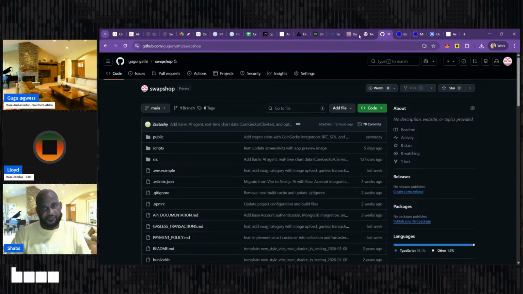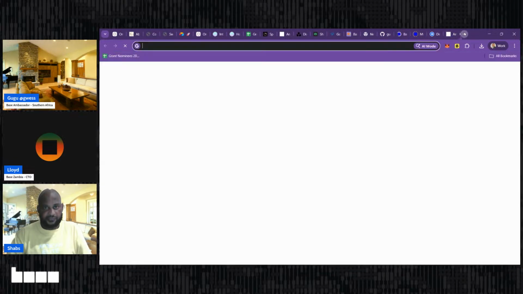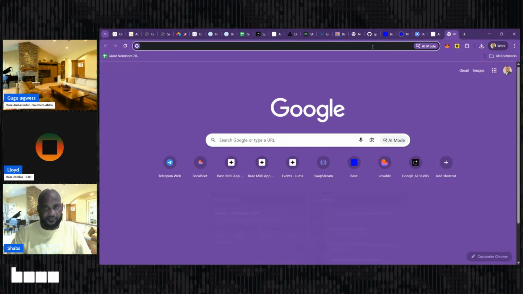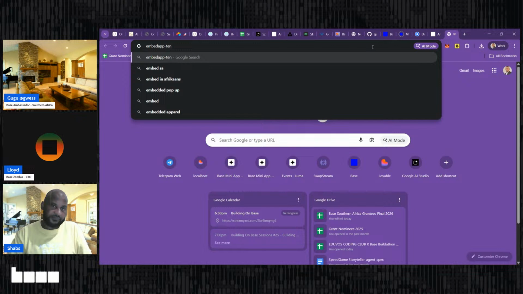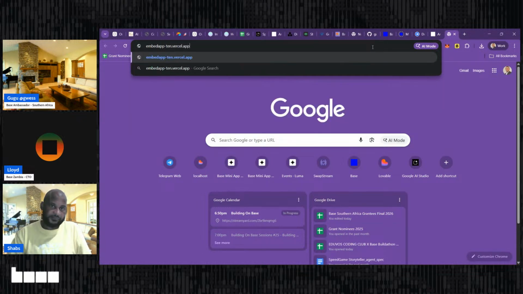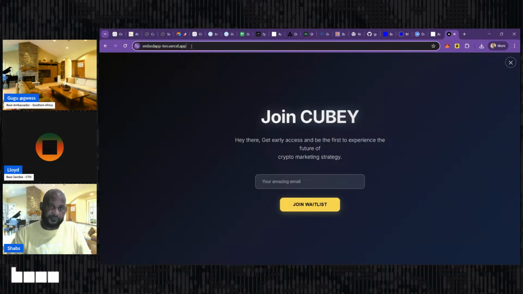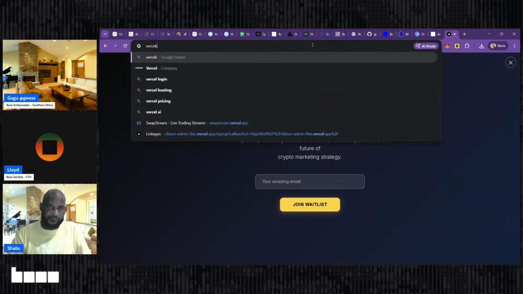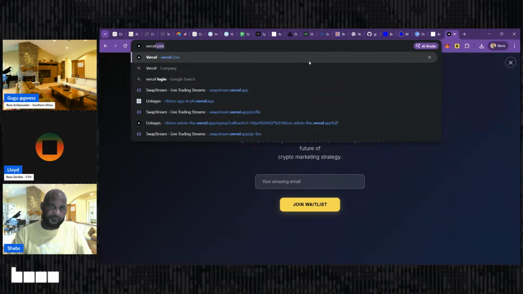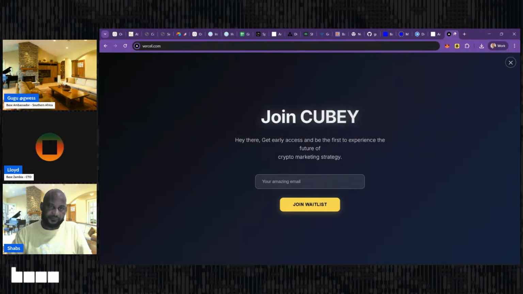Okay, so for the sake of those who are not here, we want to get the URL for the app I deployed. What did we call it? We called it embed app, at vercel.app. This is the template that it gave us. If you don't know where to find it, you'll find it in your Vercel because it should have been deployed there. If you go to your GitHub, you'll also be able to see this link over here. So this is the template, what your app would initially look like from step one. Now you need to take that URL